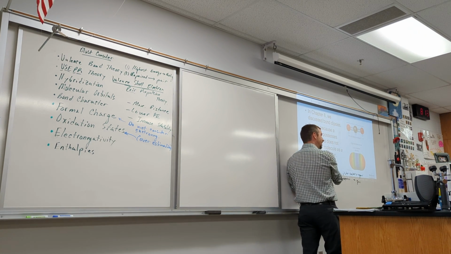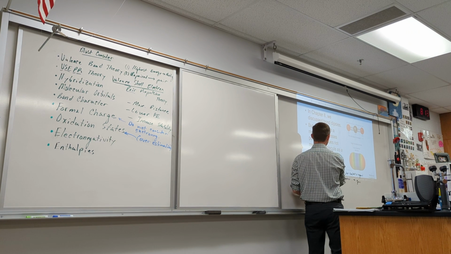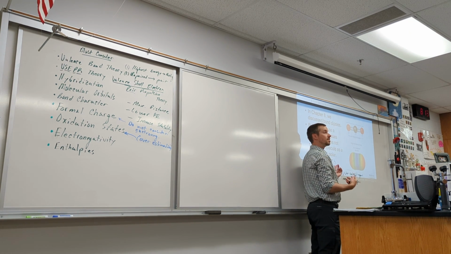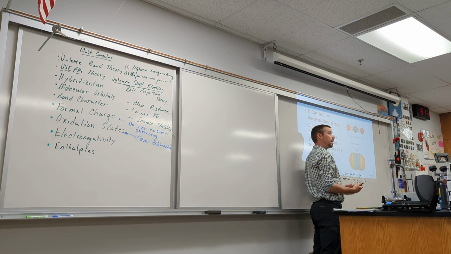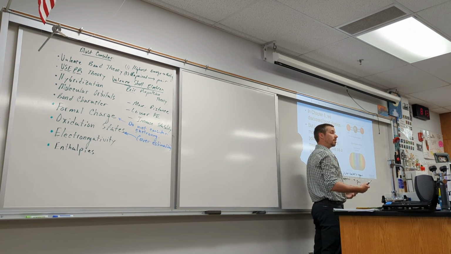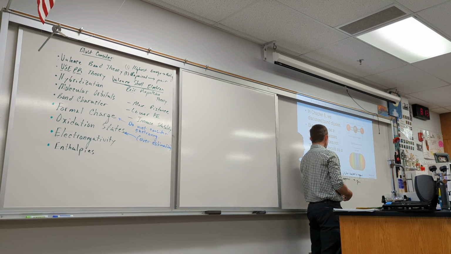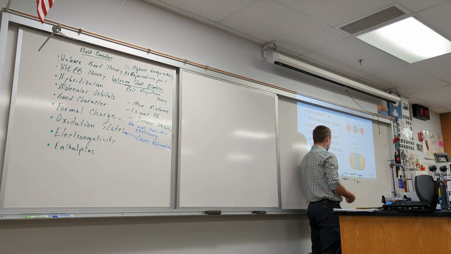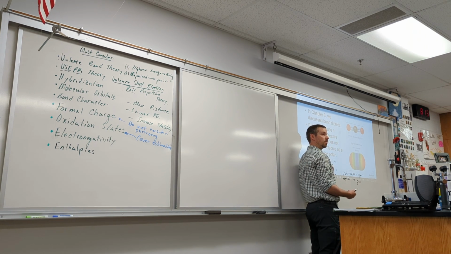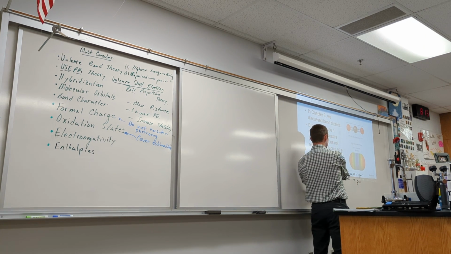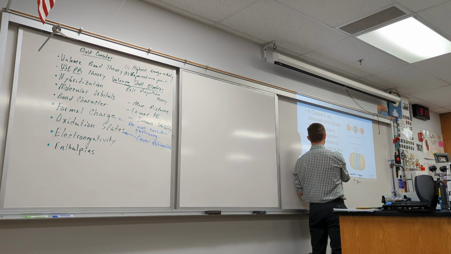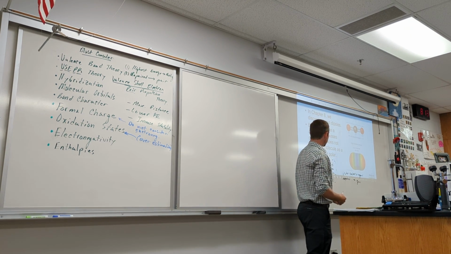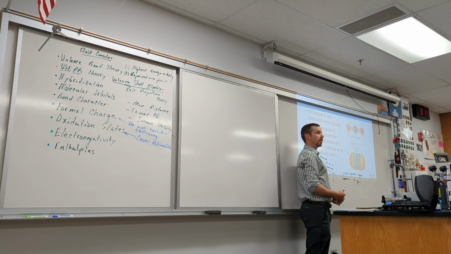If this oxygen is chemically identical to the other oxygen on the opposing side, meaning they have the same net number of protons, the same net number of electrons, then they're chemically identical in every way. Then the electrons that were with this carbon are not any more likely to go to the right than they would go to the left. Fair? You have two equal atoms on both sides. The question is, why do they have to go right? They actually don't have to go right. They could end up going left as well. So this is showing that both oxygens are actually slightly negative.